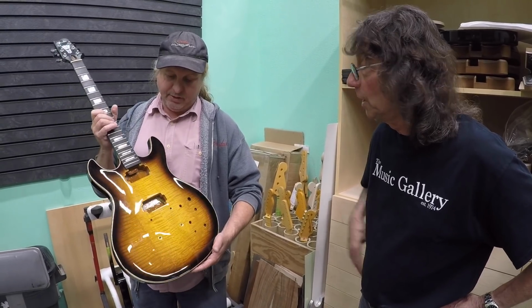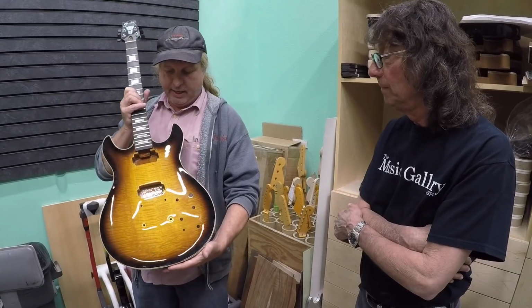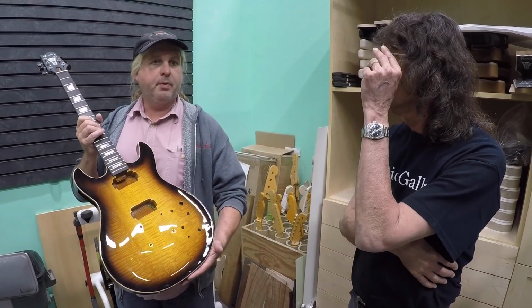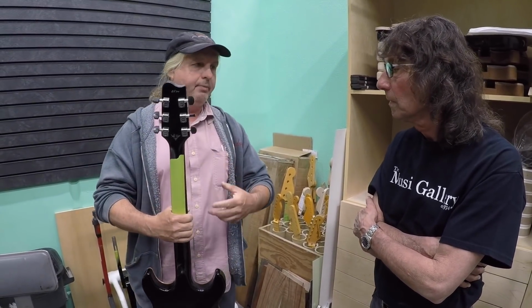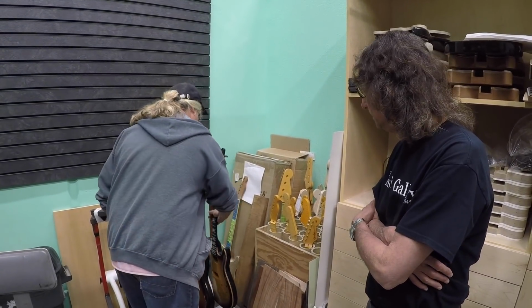They're pretty time consuming, and I picked out the wood and the top on this one, so it's really pretty spectacular. And you built all the round boards? For the most part. Gene did a couple of them at first, and then Dennis was my apprentice for a while, and I taught him how to make these. He made about 20 or 30 of them, but I made the majority of them,